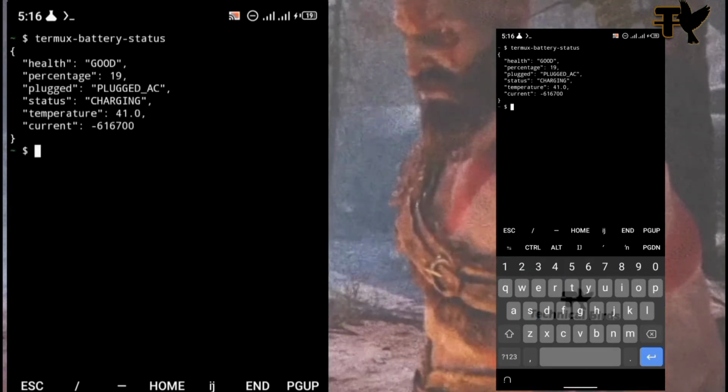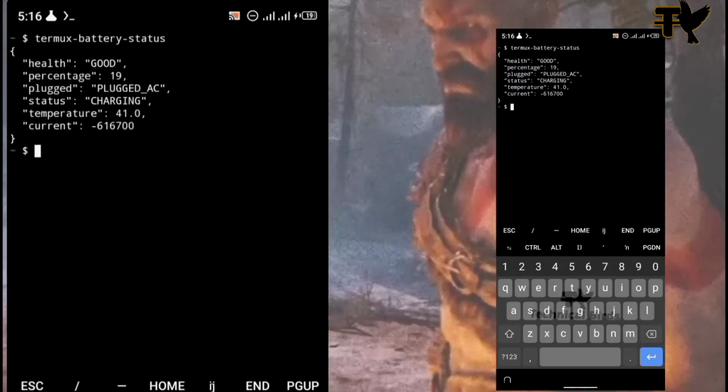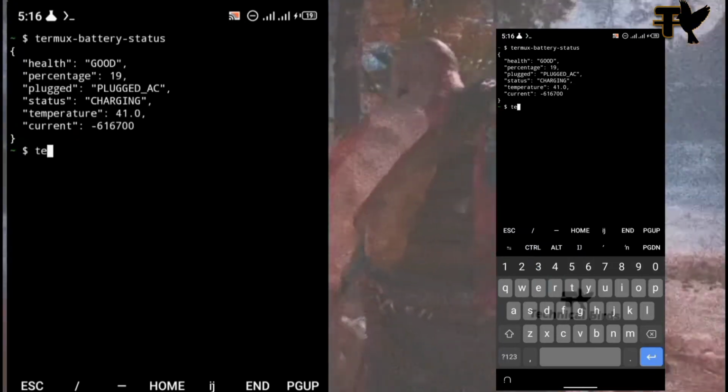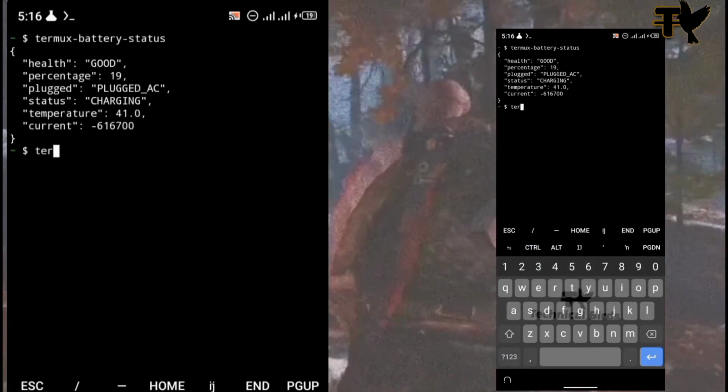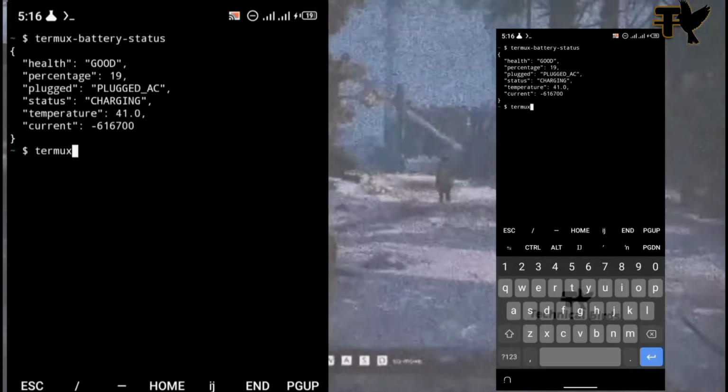Termux-battery-status command, and of course this command helps you check your battery status. As you can see, the health is good and my battery is 19%. If you look at the top of my phone, you're going to see that, and the status is charging. My phone is actually charging. I plugged it on the system. And the next command we're going to be looking at is the